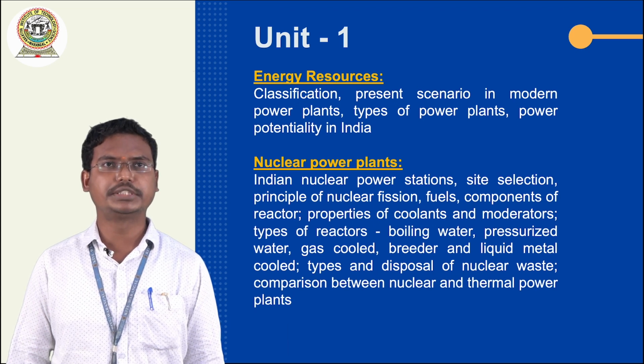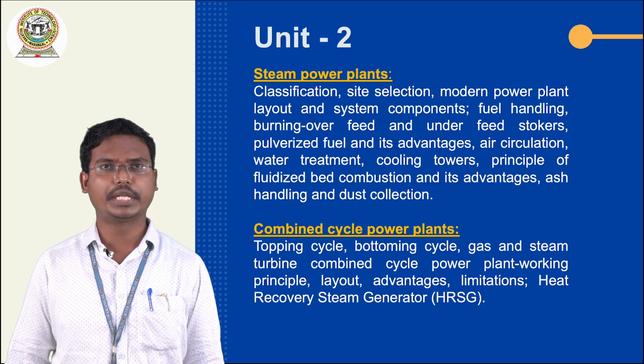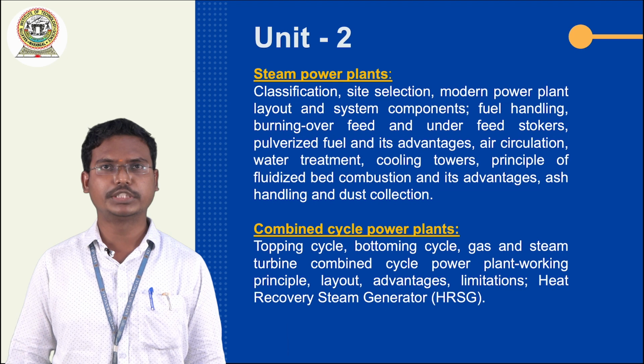The second unit contains two chapters. The first one is steam power plants, the second one is combined cycle power plants. The steam power plant chapter contains classification of steam power plants, site selection, modern power plant layout and system components. Also we will discuss the fuel handling system, burning over